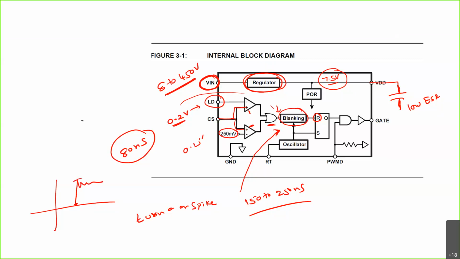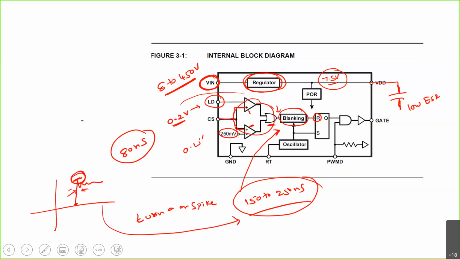The disadvantage with this spike is that, because this is operating at an extremely fast rate, during this period it is assumed that the current is exceeded. Therefore we need to provide some small delay. During this delay time, we can expect the spikes to come to steady state. Clear?